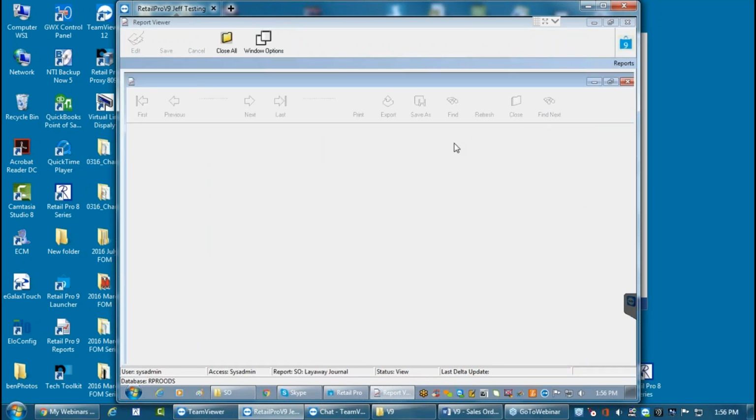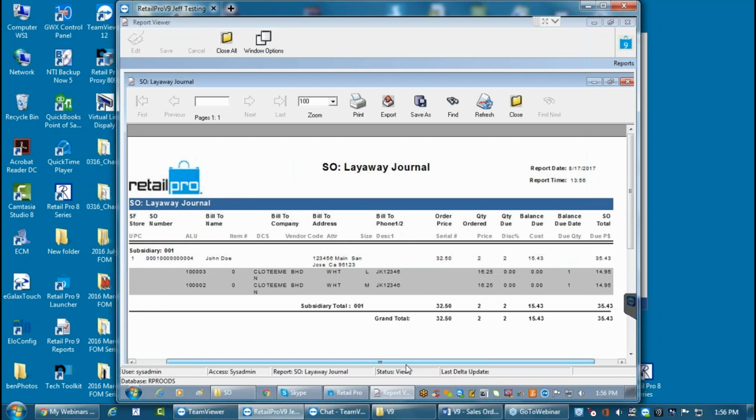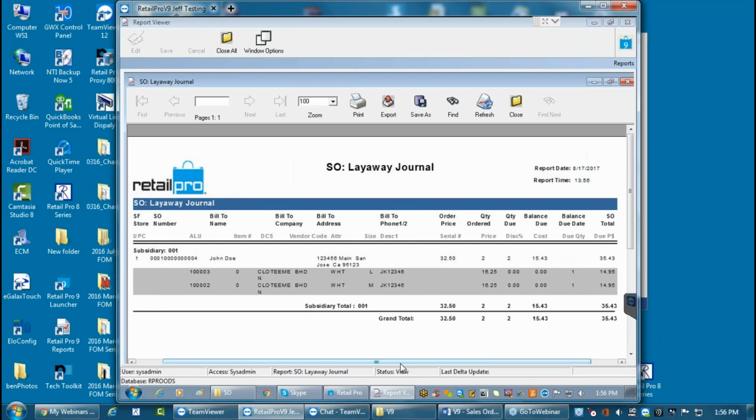Nope, I guess I don't have to restrict it. Okay, so this is designed to show you just the layaways, right? So managing layaways, if you actually do layaways, it's something that everybody should be doing because you've got that stuff sitting out in the back, not available for sale. And if your layaway customers are not making their payments on time, you want to monitor this and give them